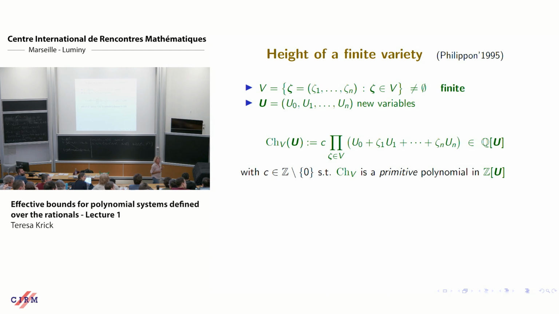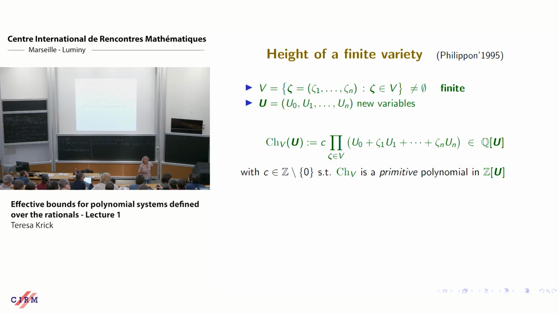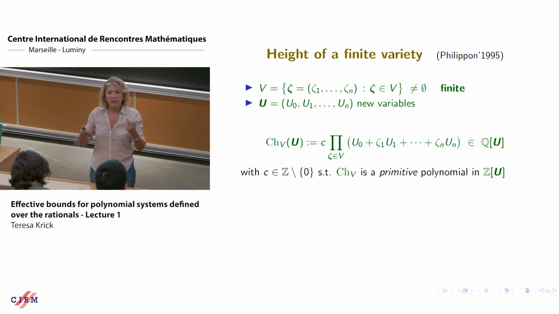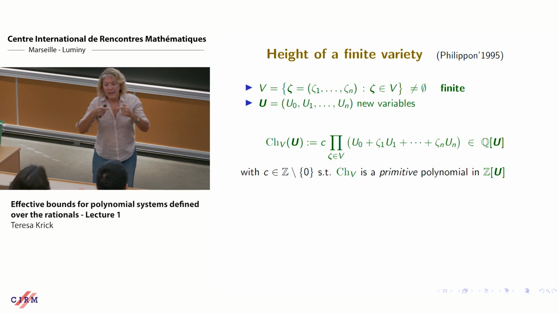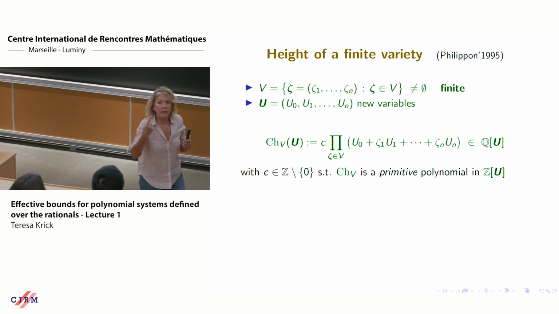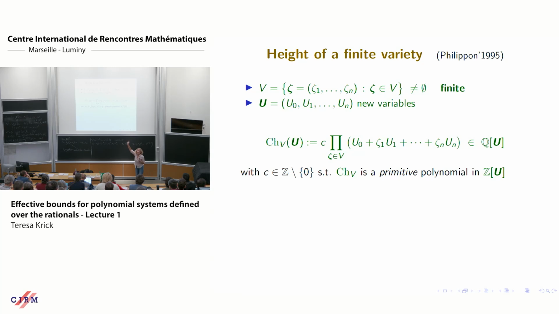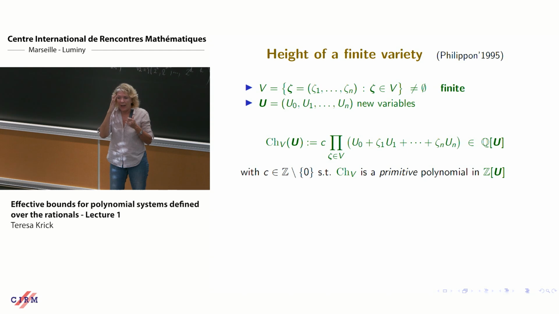I'm disturbed by, are you assuming that the roots in V are all living in Q? No, no, not at all. If you have a zero which is in C, I'm missing something. Yes, you are missing the fact that the variety is defined over Q. Each root individually is in C, but imagine you have only one polynomial. Each linear form is in C, but when you multiply all of them, they lie in Q. It's the same situation as with one variable, okay?